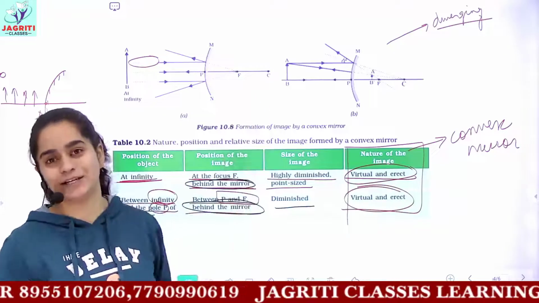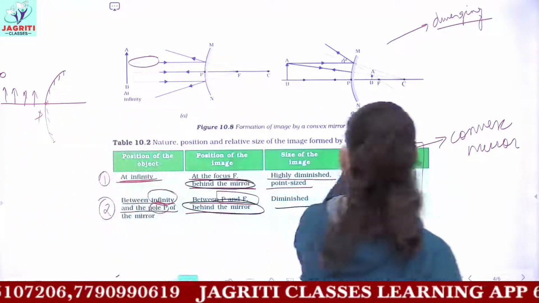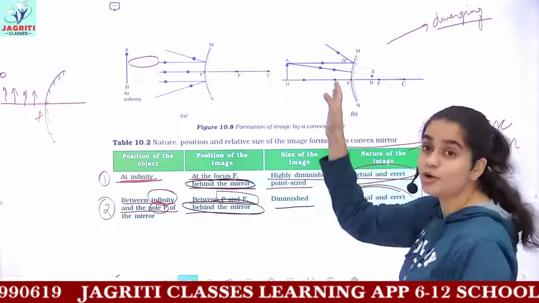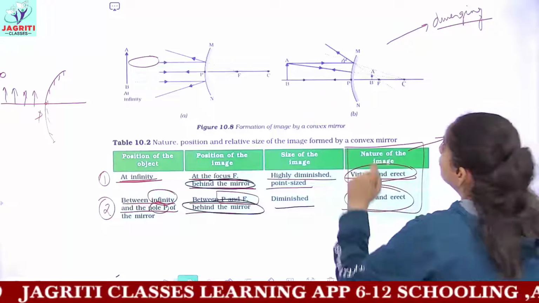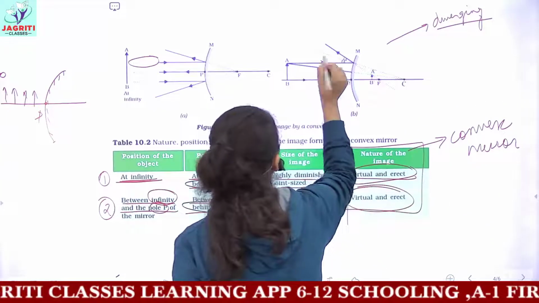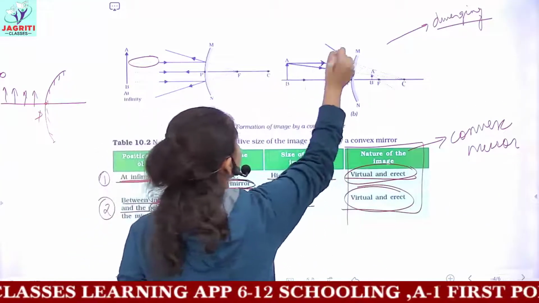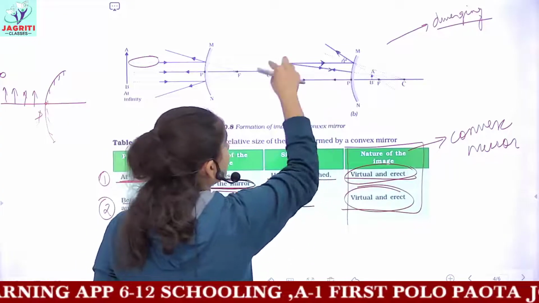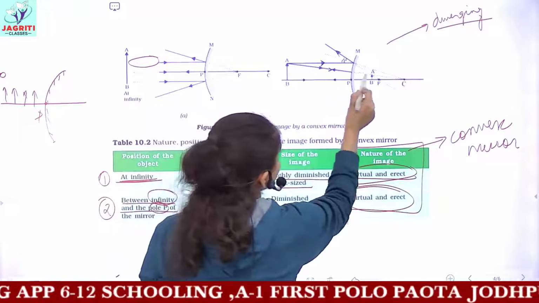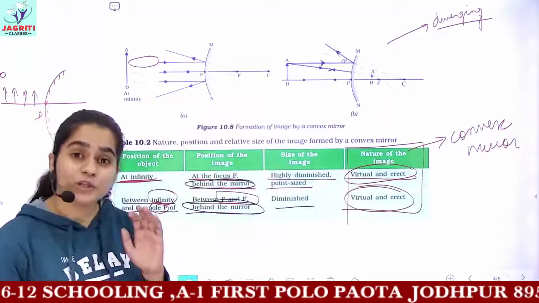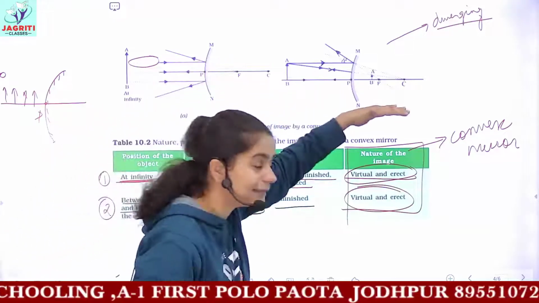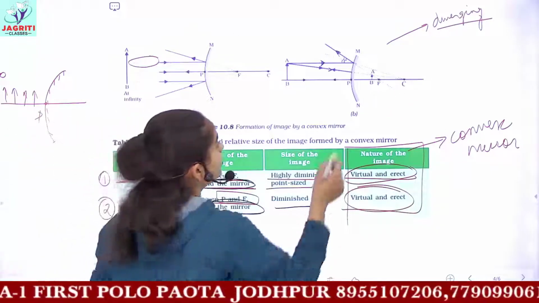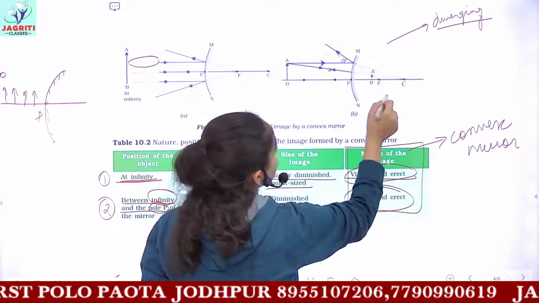Diminished means it is smaller in size, and you have to form an erect image. Likewise, you are placing the object. So this is clear that whenever we place the object anywhere, you do not have to mention anything. The first incident light ray coming from the object, after reflection, gets scattered. The next light ray goes on its path because it is extended to the center. The light rays which pass through the center trace back their path.